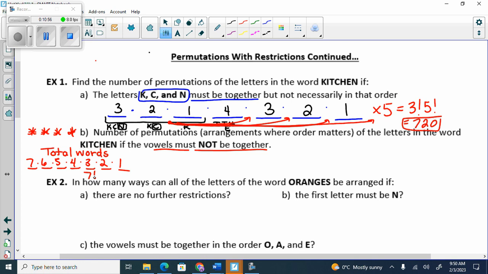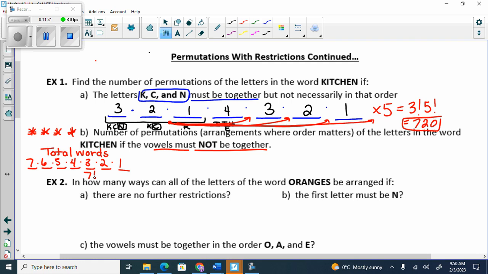Now we're actually never finding out the ways I can not put the vowels together. We're actually doing total number of words. So 7 factorial, I believe, is 5,040. So there are 5,040 different words I can make out of the word kitchen. And by words, I mean words loosely. Not like you go look it up in the Scrabble book and see if it actually is a legit word. I don't really care. Just that words that look different, right? There are 5,040 different words I can make with kitchen, maximum. Just like there's 800 and blah, blah, blah kids in this school, right? Then I subtract the kids off in this class, 27, and I get the people not in this class,